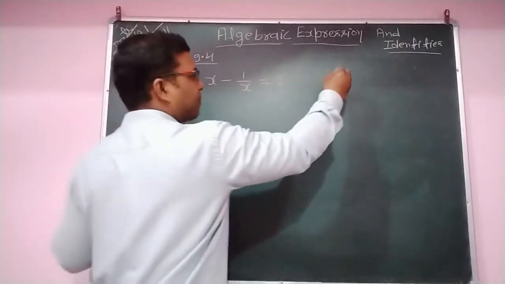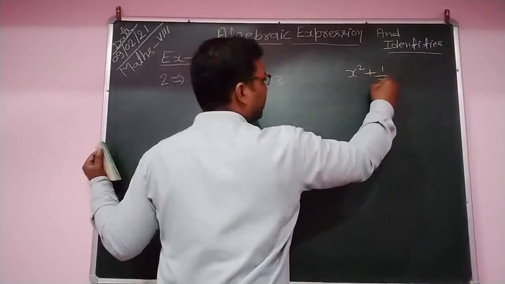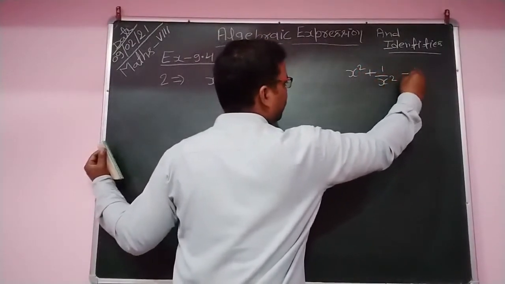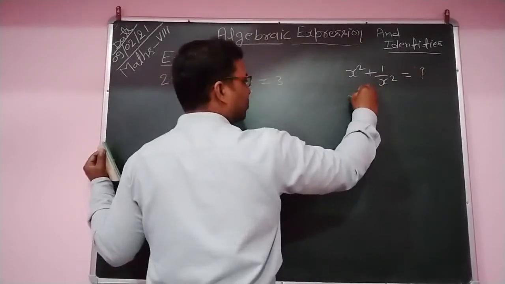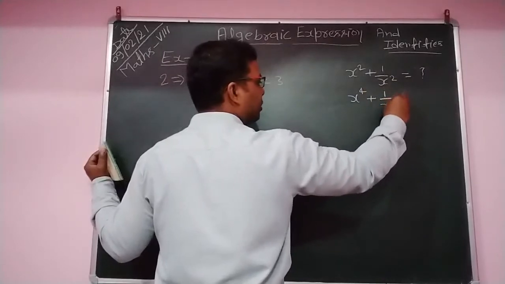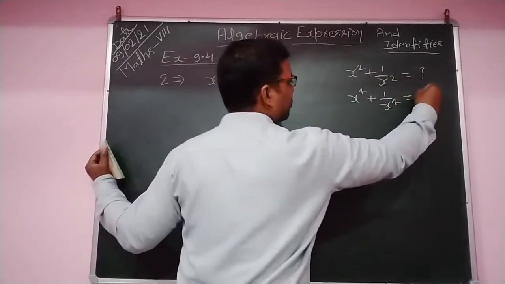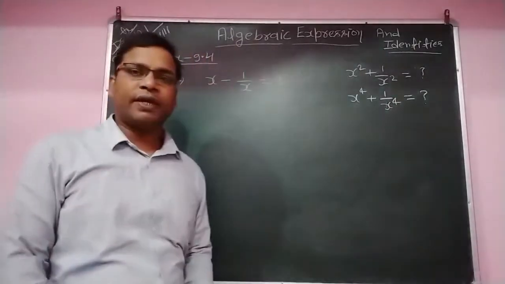We need to find x square plus 1 by x square, and again we need to find x power 4 plus 1 by x power 4. What is this equal to? Clear? Now for this we use